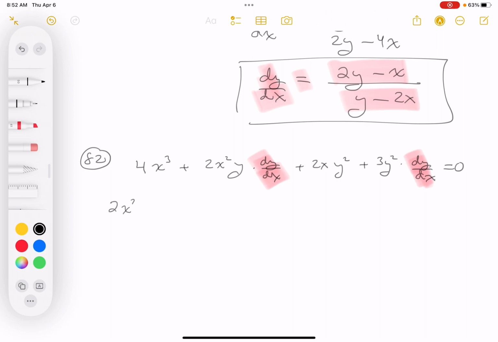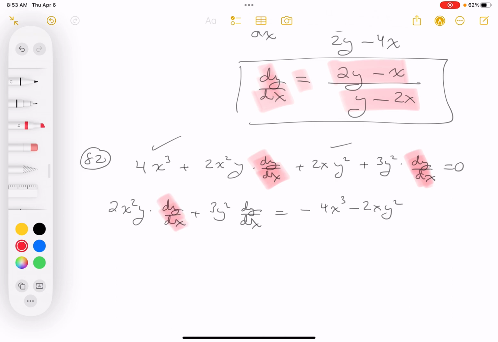So you get 2x squared y dy/dx plus 3y squared dy/dx. And these things are getting the other side. So it's going to be minus 4x cubed minus 2xy squared. I'm going to factor the left side. Again, it reminds me of a literal equation. We're trying to get this guy's coefficient. And let's write that down. So it's going to be (2x squared y plus 3y squared) times dy/dx equals minus 4x cubed minus 2x